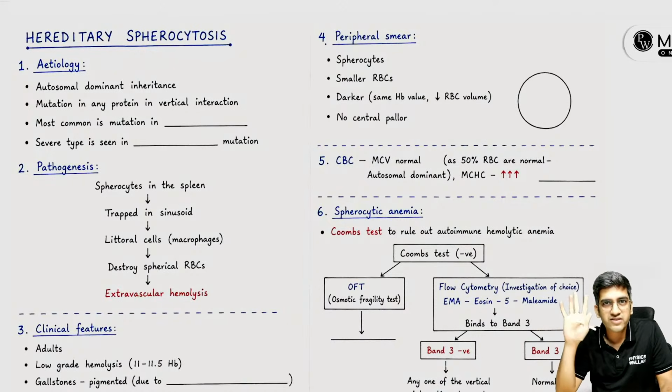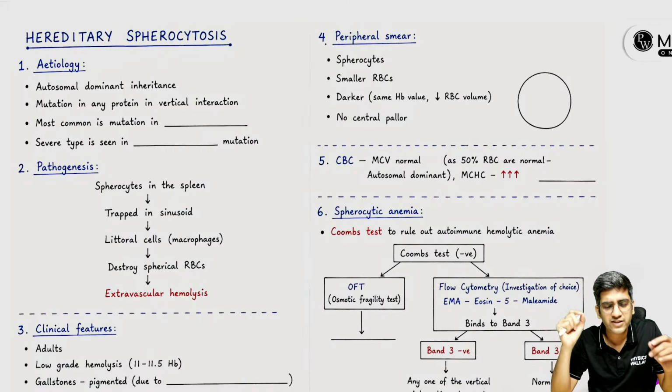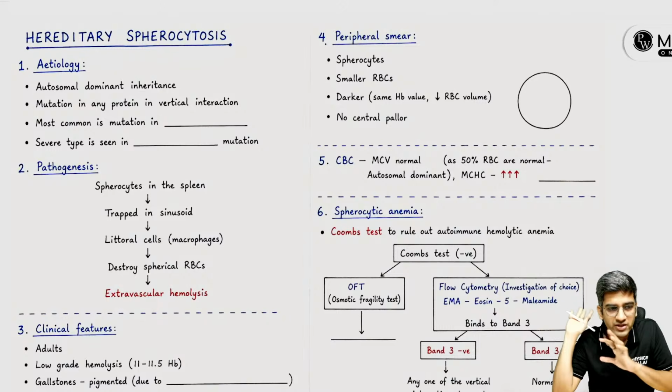So the purpose is very clear. Before going to an exam, if you want to swipe through all the RBC disorders, 15 slides is more than enough for you to understand. Same for WBC, same for quite a few organ systems as well. Just 15 slides, go through it, you'll have most of the information ready here, right?